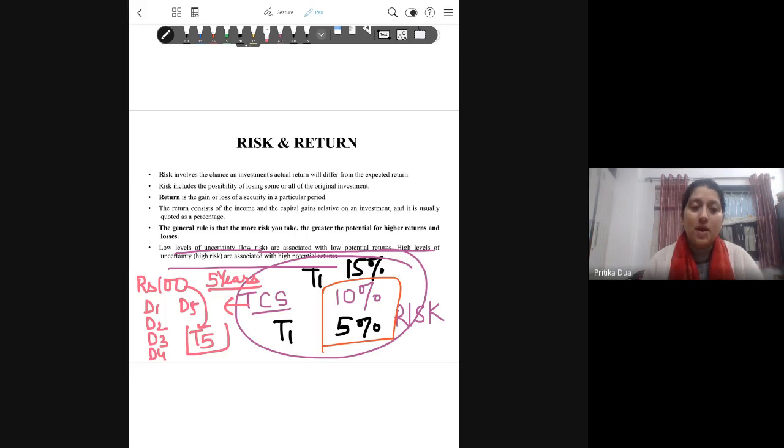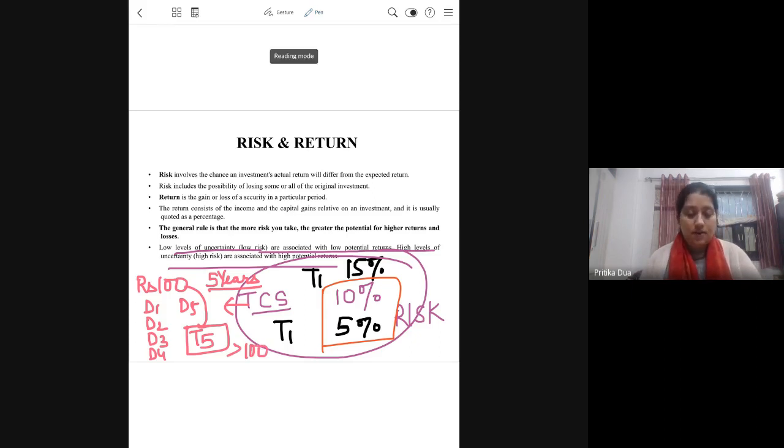यानी कि जो मेरा selling price हो, मेरे purchase price से ज़्यादा हो. So it is fetching me something above 100 rupees. So two types of returns are expected. One is the income. ये शेयर की बात थी, तो हमने डिविडेंड एक्सपेक्ट करा. अगर हमने डिवेंचर में इन्वेस्ट करा होगा तो फिर हम वहां पर इंटरेस्ट एक्सपेक्ट करते हैं. वहां पे तो एक तरीके से श्योरिटी ही होती है रिटर्न की. So depending on the type of investment you are making, you expect return in the form of some regular income and a capital gain at the end of the investment period.